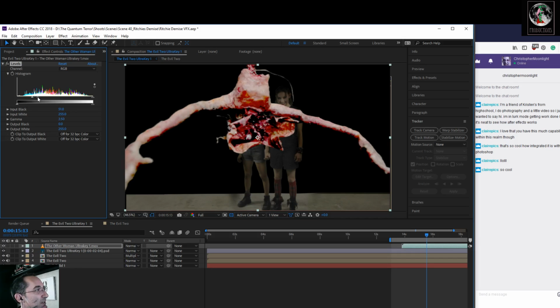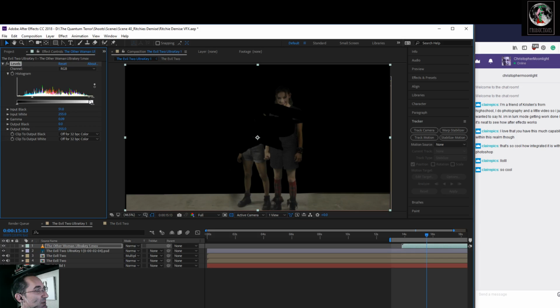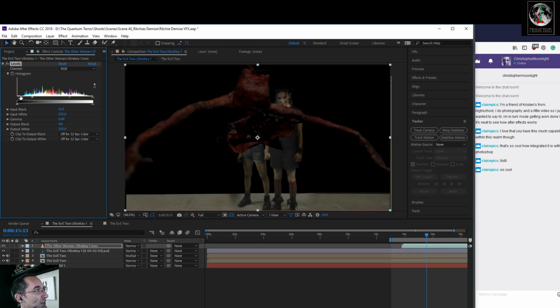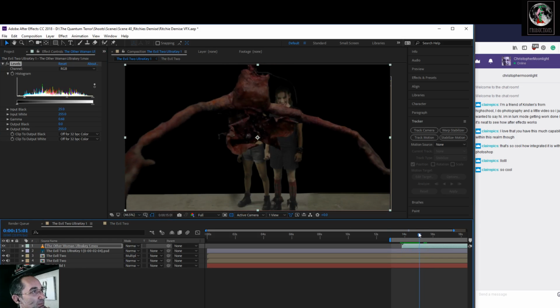So you can see you can get a lot of contrast out of bringing them together this way, or just darken them completely there. But this little kind of curve here, this is where the darks begin. So you generally don't want to drag this too far within here. But now he's instantly darker. We could bring in some highlights, but I don't really want to. I want him to be kind of dark.